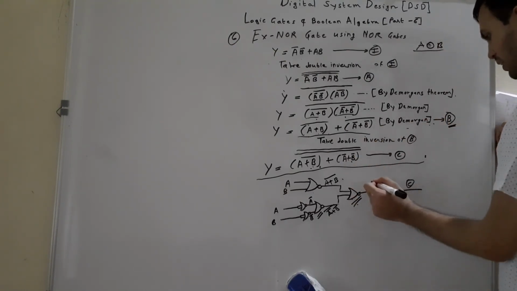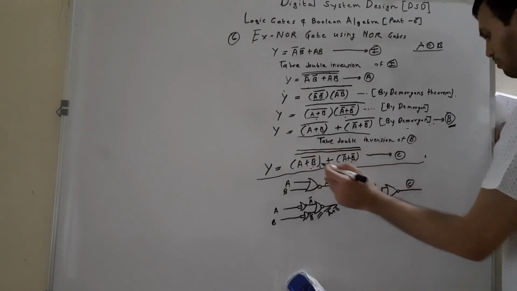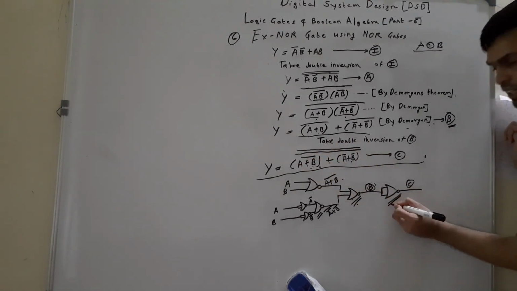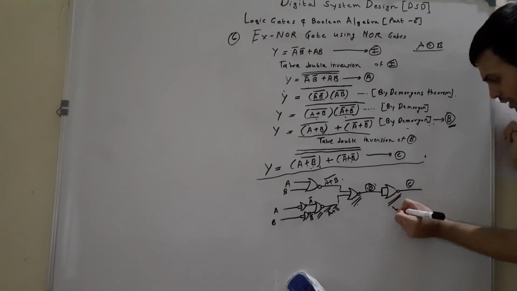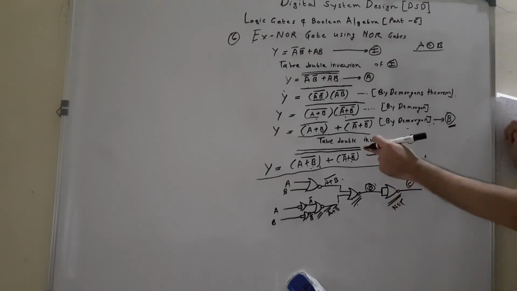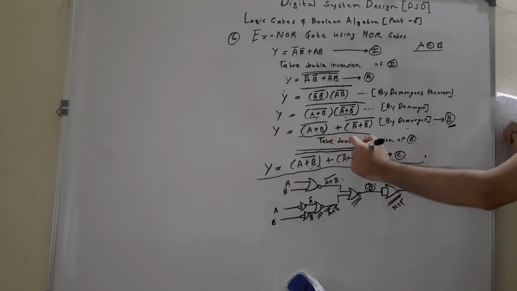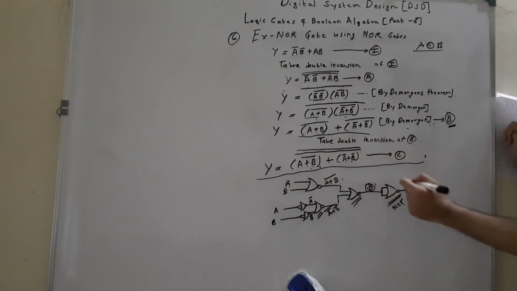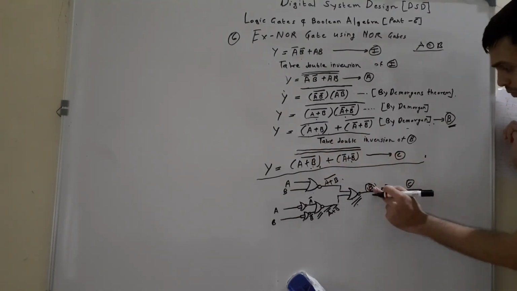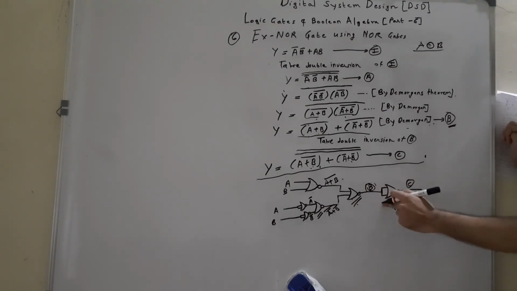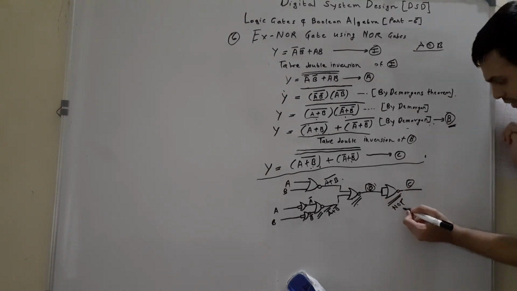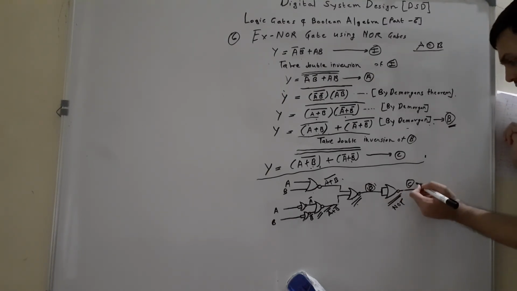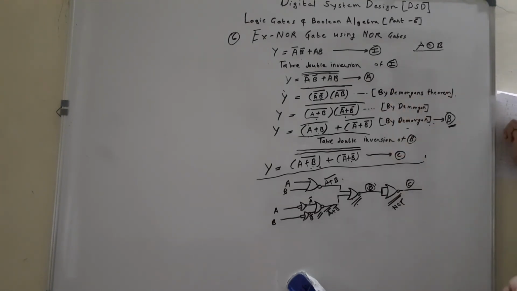But our final output has one more complement, so that's the reason I have connected a NOT gate using NOR gates. So this particular NOT gate gives me the final complement, which is at the top in our expression C over here. So when we pass equation B and take its complement by connecting a NOT gate in series, and this NOT gate is designed using a NOR gate only, we get the final output expression C, or Boolean expression C, which is nothing but our XNOR gate realization using NOR gates.